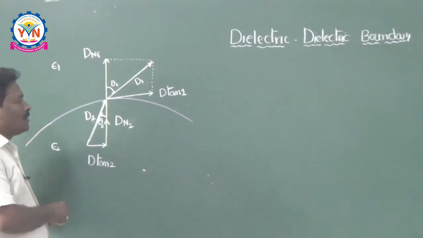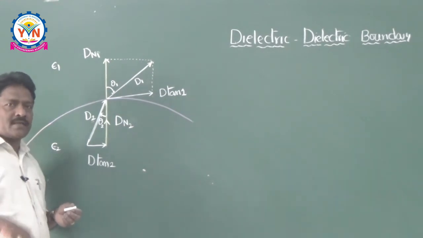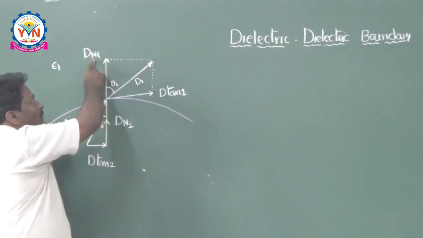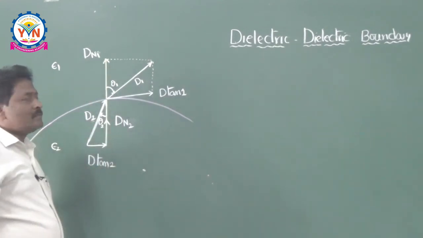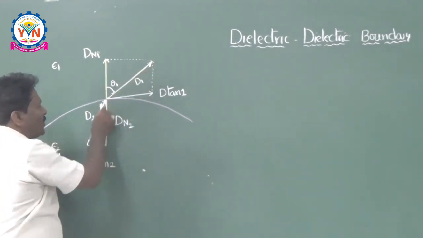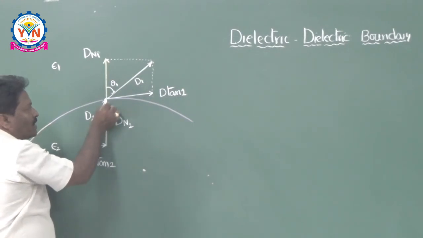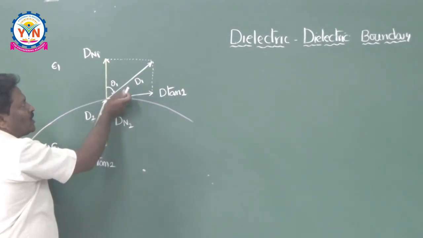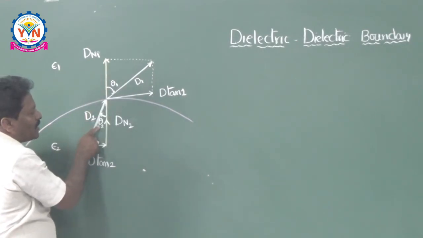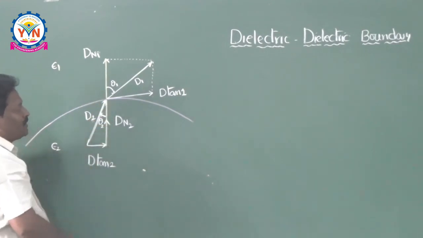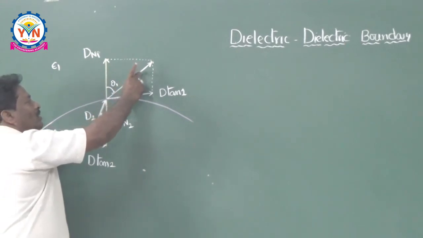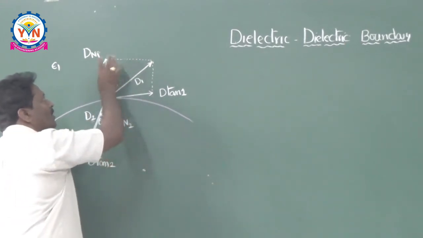Okay. So now we are going to discuss the boundary conditions using the concept of Dn1 is equal to Dn2. But in this figure, if you see, this D1 and D2 are approaching the surface with some angles. Here see Dn1, it is at an angle θ1 from the normal. D2 is making an angle θ2 with the Dn2 like this. So if you take this figure, each and every vector is having two components. One is tangential component, another one is normal component.